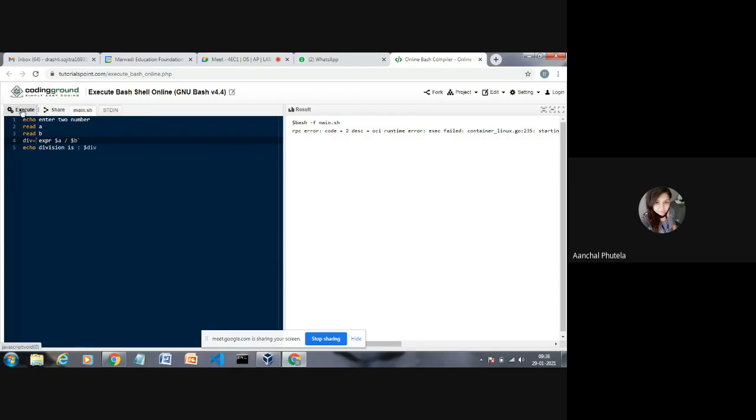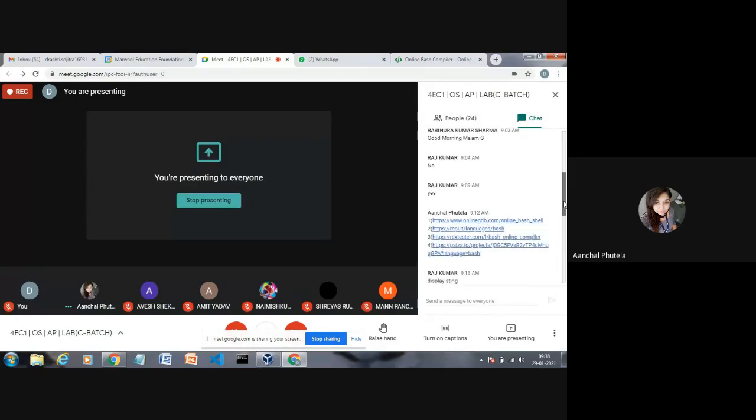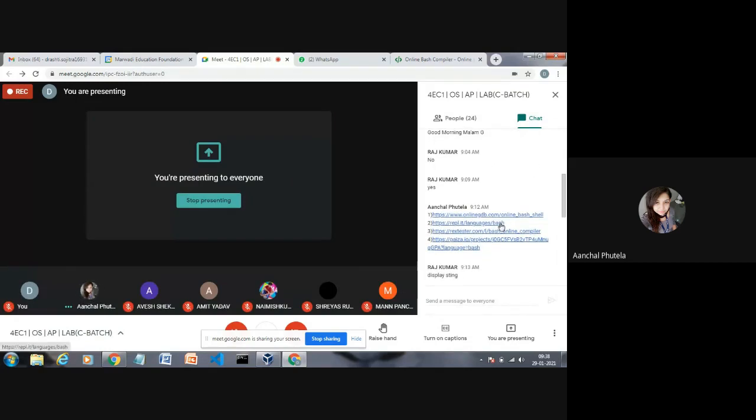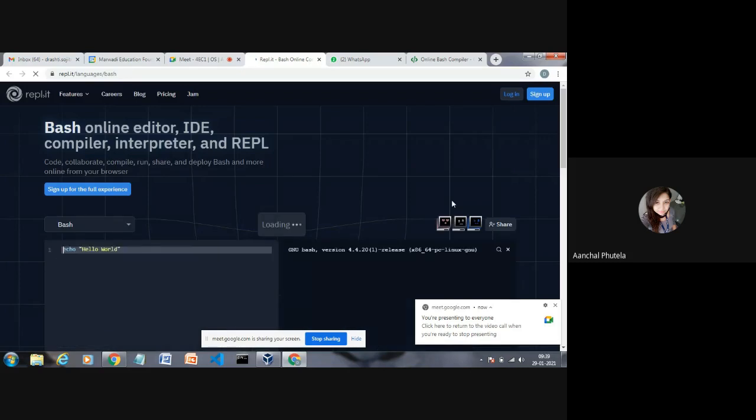The container Linux is not working. Which one you are using? Coding ground. Copy this set of statements and use REPL. I will suggest to everyone to use REPL online terminal. Second one. Yes.